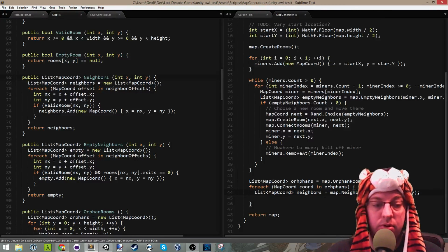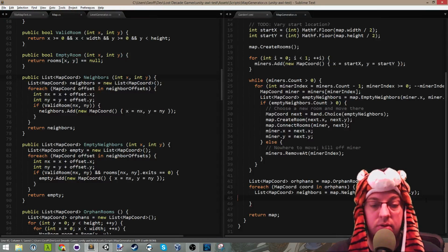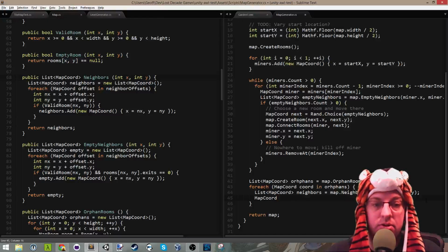So this will be map chord neighbors, whatever, and then we'll say next, we'll say map chord. Well, we're already using next, I think. Maybe it's in a different scope, so we'll find out. Next is equal to